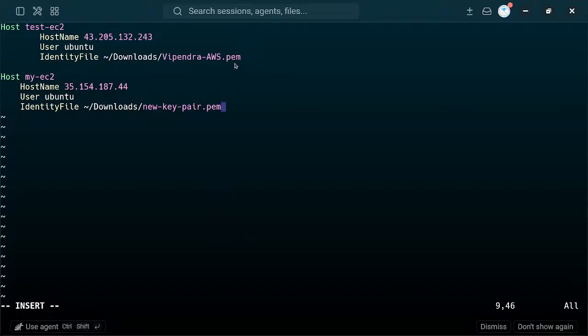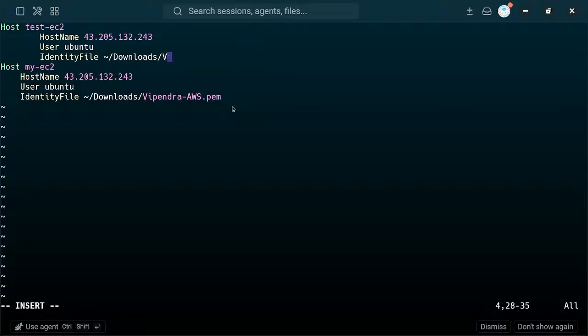Yeah, so there is extra space, and I think that's the only thing that can be problematic. I don't know about this, but let's see if that is the problem. So we'll just simply 43.205.132.243